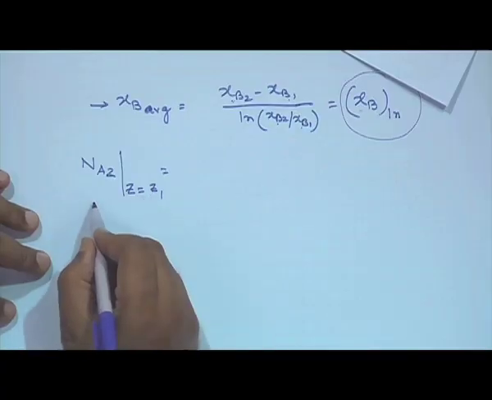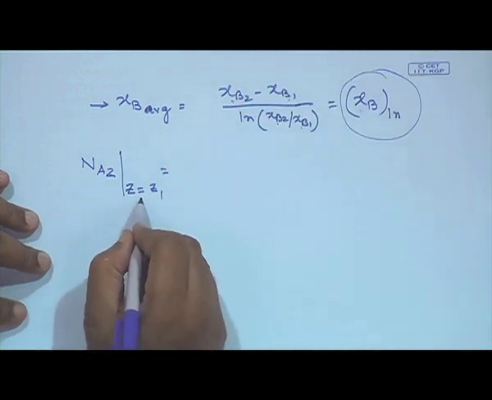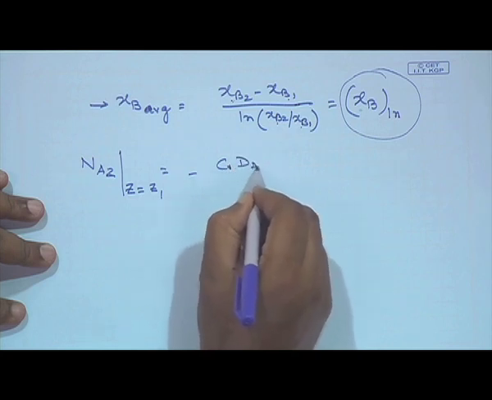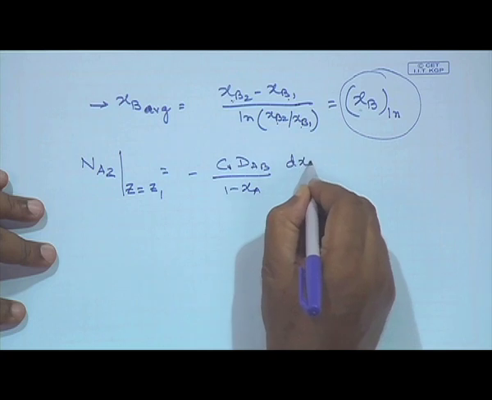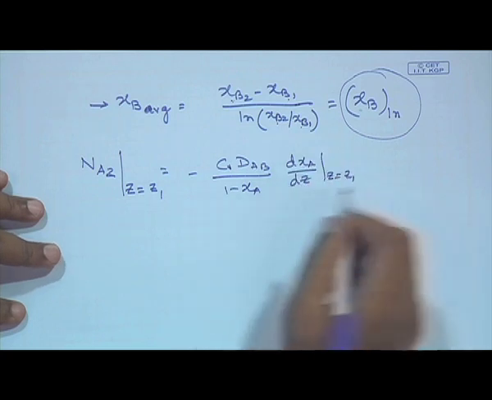But in order to obtain NAZ at Z equals Z1, I understand that it is going to be the same at any value of Z: minus C DAB by 1 minus XA times dXA dZ at Z equals Z1,